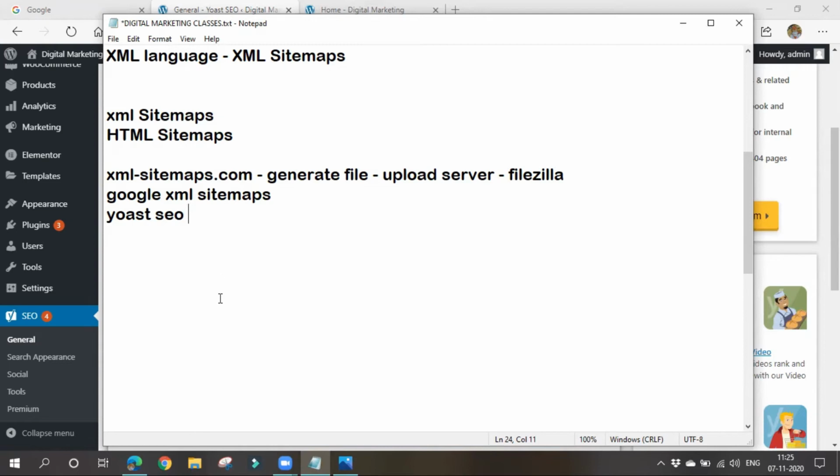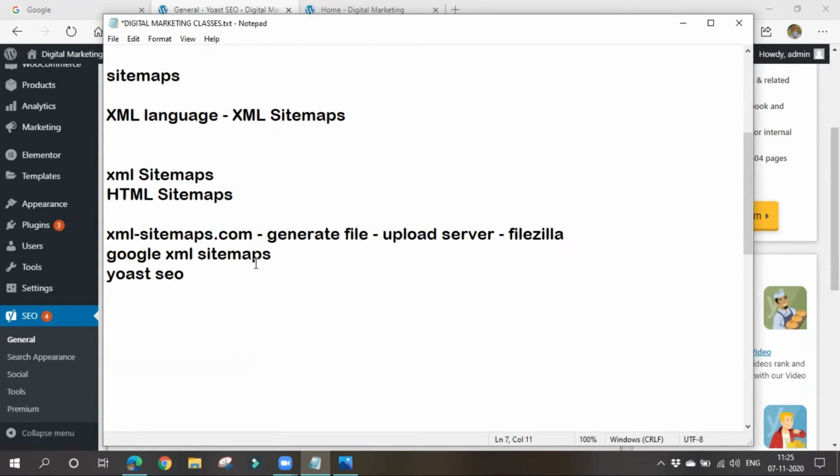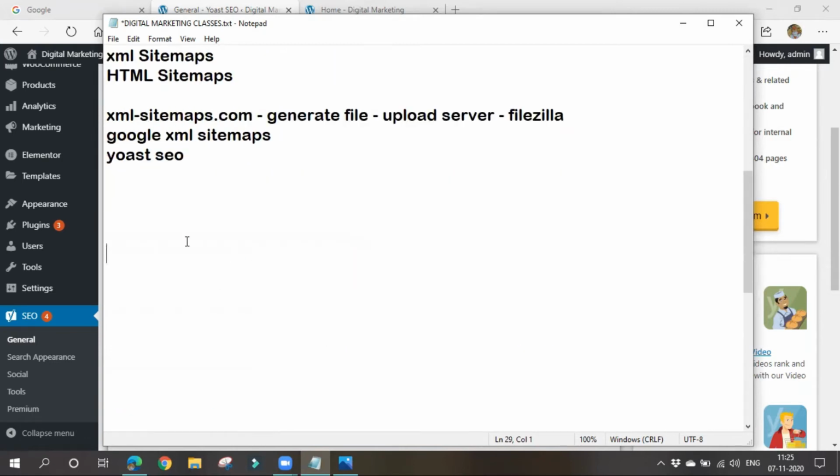Okay, so let's move to the next topic, robots.txt. What is this robots.txt? Now my website has many pages, right? Like home page, about us page. We will also have a shop page, payments page, like that. So if anyone searches for my website on Google, is it okay if the homepage appears to them?